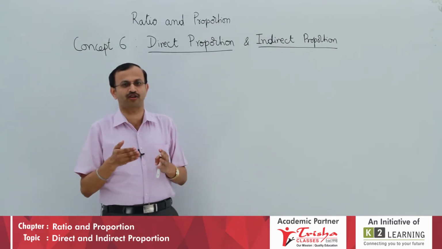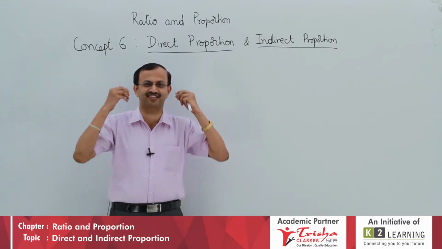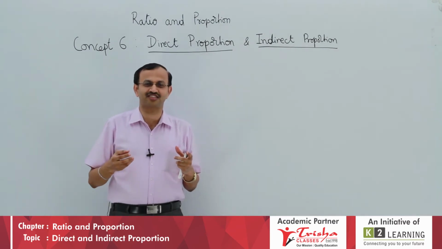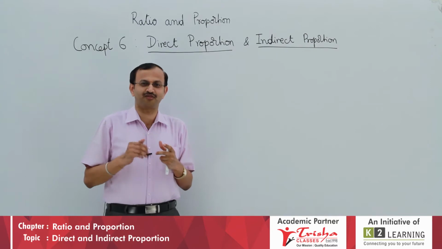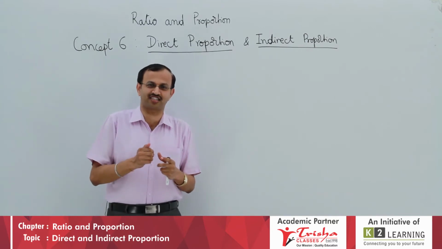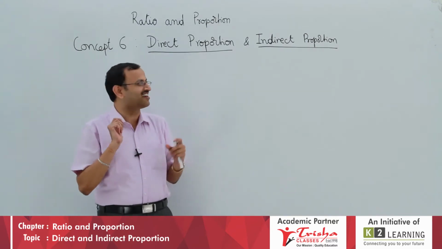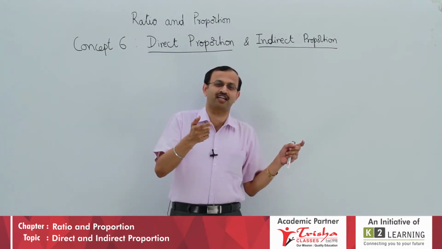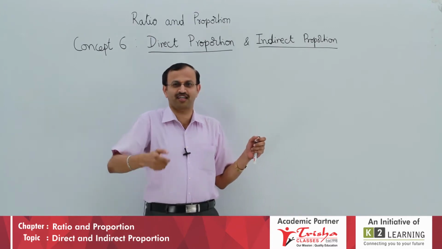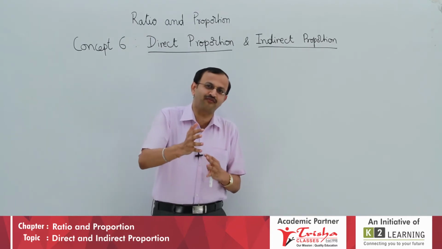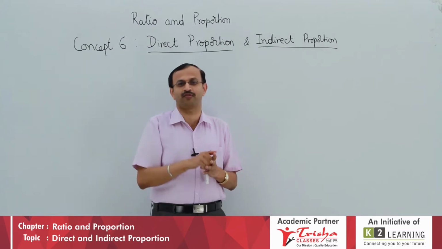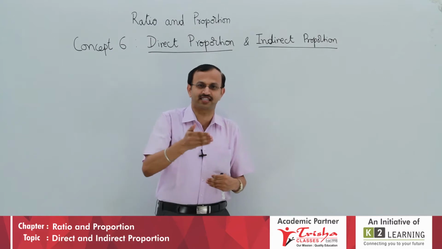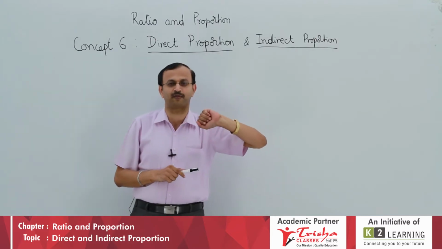One day when you came out of the house with a nice zigzag t-shirt and with lot of music, one dog starts chasing you. Now you are running, that mad dog is chasing you, and your speed is increased. Instead of 5 km per hour, that day it is 15 km per hour, like scooty speed. If you go at this speed, in how much time do you reach the college? Definitely your speed is more, so the time taken should be less. It is an example of indirect proportion.